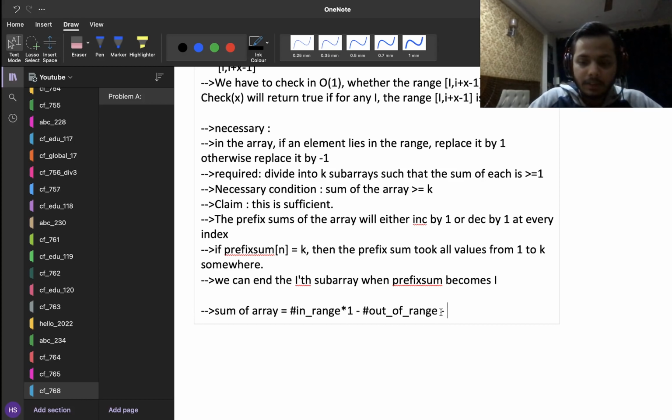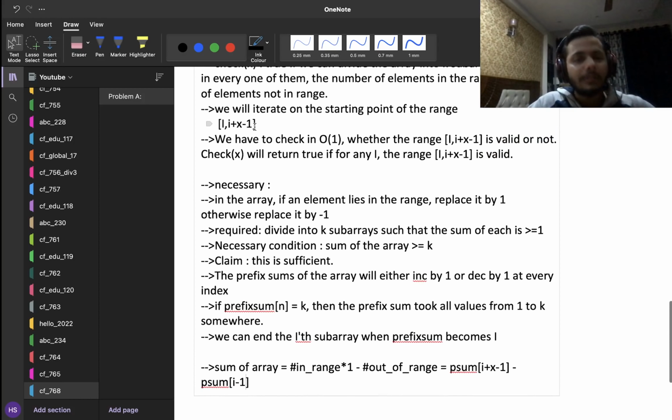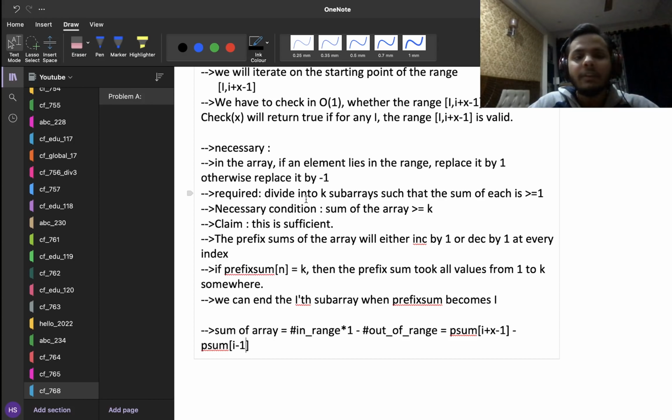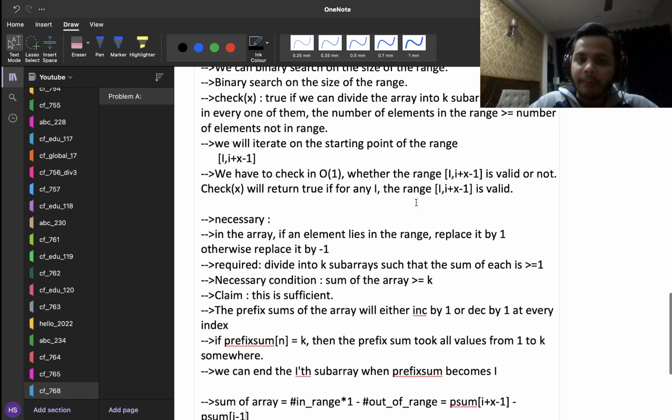So this is nothing but, if I compute the prefix sums, then this is nothing but prefix sum of I plus x minus 1 minus prefix sum of I minus 1. And that's it. The range was I to I plus x minus 1. So the number of elements which are in I to I plus x minus 1 can be easily found out using prefix sums. It will be nothing but prefix sum of I plus x minus 1 minus prefix sum of I minus 1. So yeah, in this way we can complete this checker function and we can complete our binary